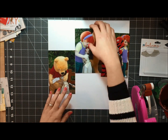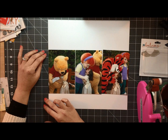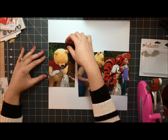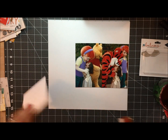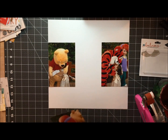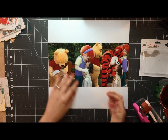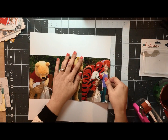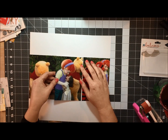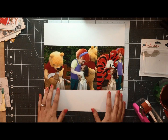I like scrapbooking different size photos. I like doing the Instagram 4x4 or resizing some photos to 3x4, but I want to use what I have, and if that means using 4x6 pictures, then I want to use those and document these memories. And these pictures are from when we went to Disney in 2007, and I have been very bad